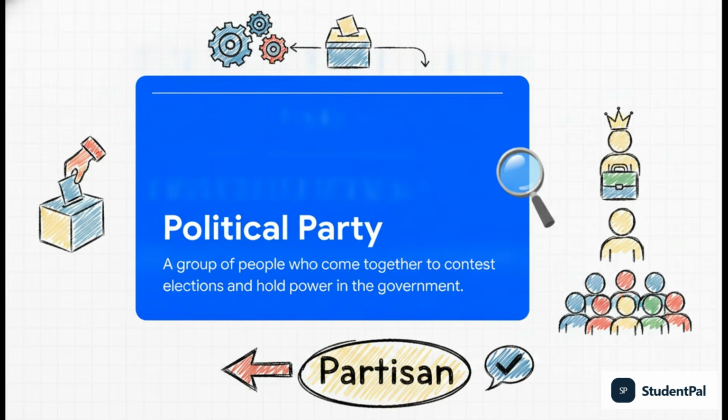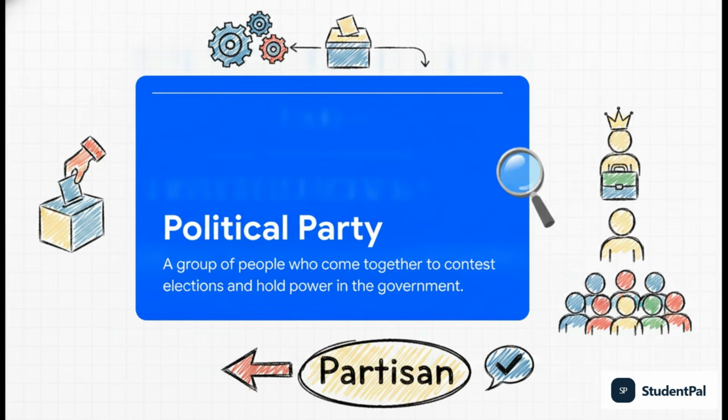And that brings us to our core definition, straight out of your NCERT textbook. A political party is simply a group of people who come together to contest elections and hold power in the government. They agree on certain policies for the society to promote the collective good. Now, obviously, society has tons of different views on what is actually good, so parties reflect the fundamental political divisions